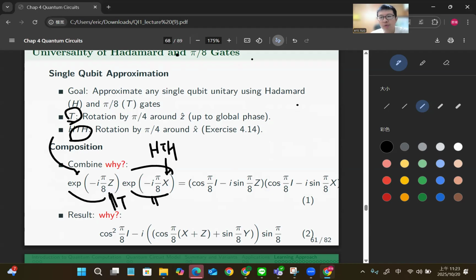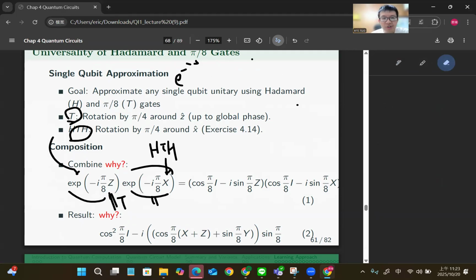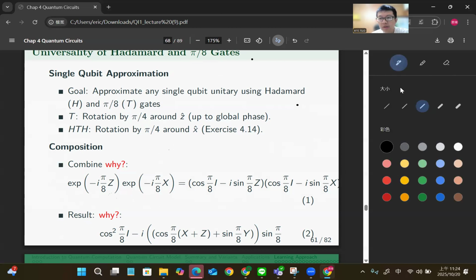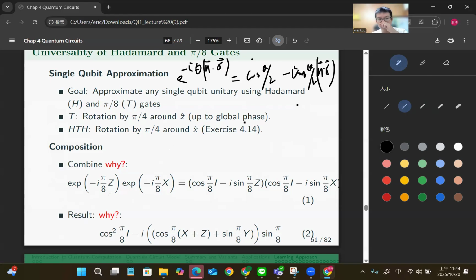Okay, so remember the formula. The formula says that the exponential of minus i theta over 2 times n dot sigma, where sigma is the vector of X, Y, Z and n is a three-dimensional unit vector, is cosine of theta over 2 minus i sine of theta over 2 times n dot sigma. It's very simple to remember. So here theta is pi over 4, so it's cosine pi over 8 minus